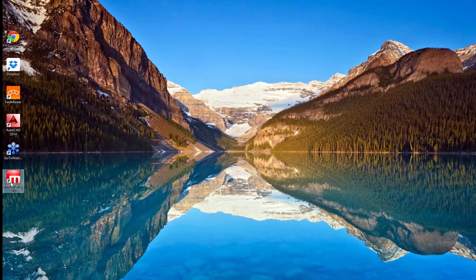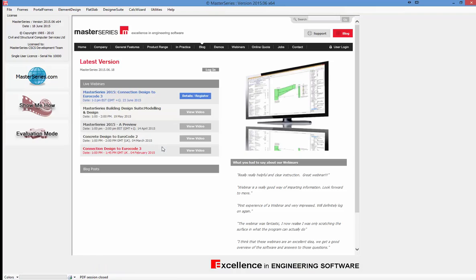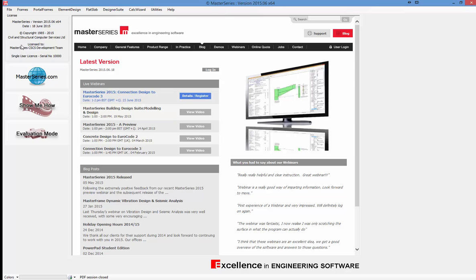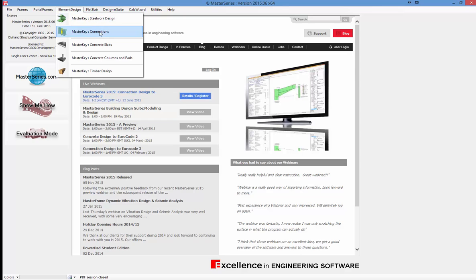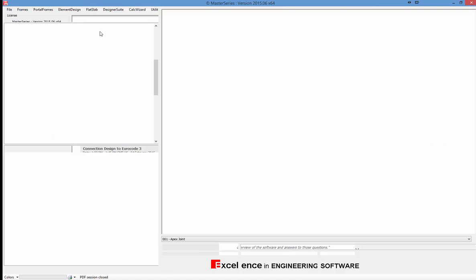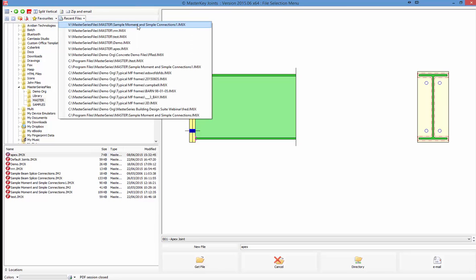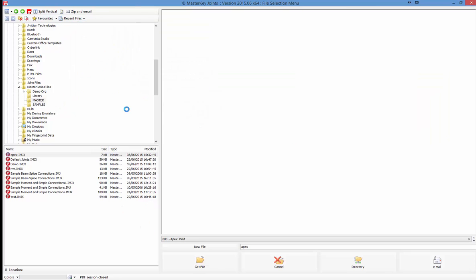So, MasterSeries 2015 from the 18th of June, and here we can see a confirmation. It is licensed to myself and it is the 18th of June version on a 64-bit machine. So standalone element design, we go straight into connections. And I'll see a list of simple connections files. And what I'll do is I'll pull in one I was looking at earlier from the recent list